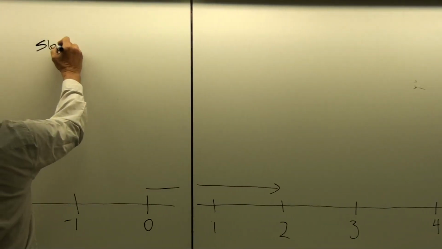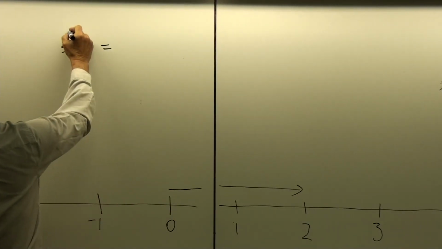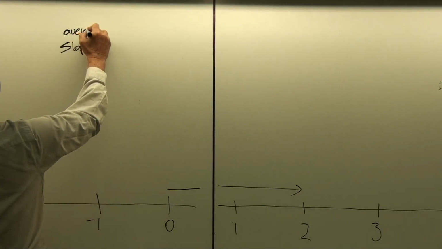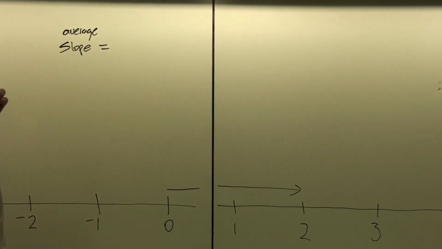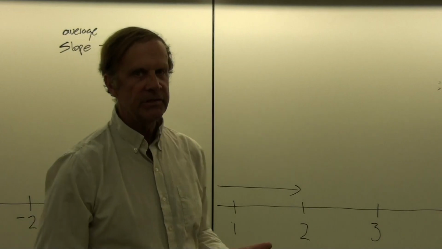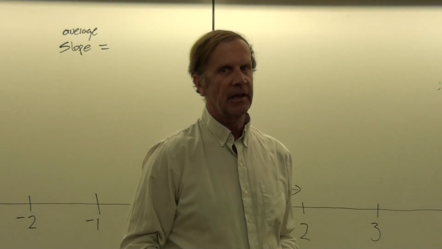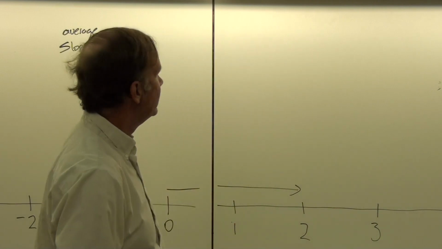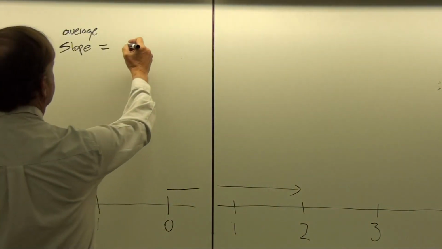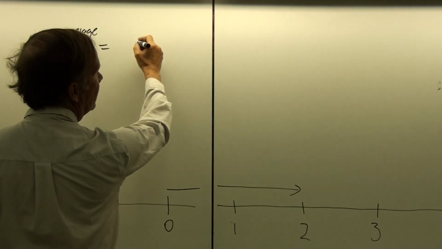Slope then, and this is in general the average slope between 2 points. But if the slope doesn't change, the average slope is equal to the instantaneous slope because it's always the same. And if it's a straight line, we know that the average slope is in fact the same as the slope at any point on the curve.